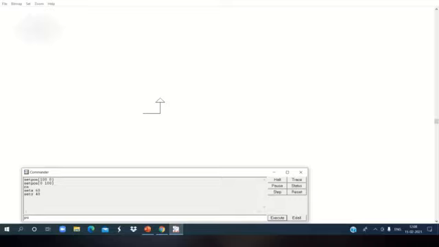Then you give the setpose command. Inside the bracket I gave 20 space 20. Okay, then press the enter key. Yes, then the turtle will move without drawing a line.